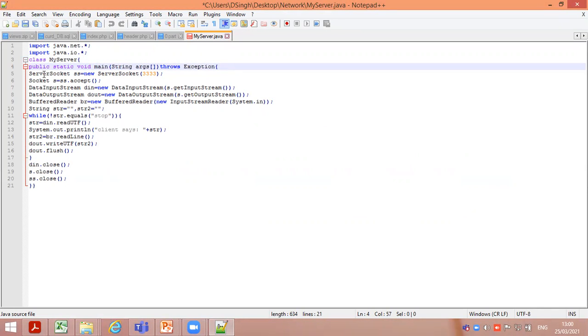The second part is the server socket: ServerSocket ss = new ServerSocket. This line defines and creates the socket.